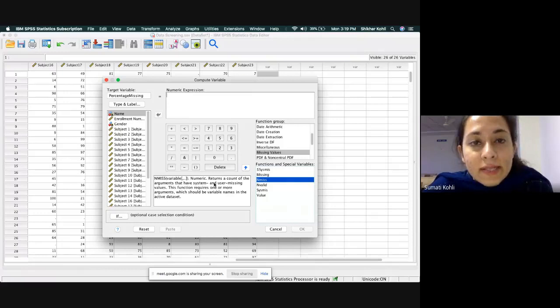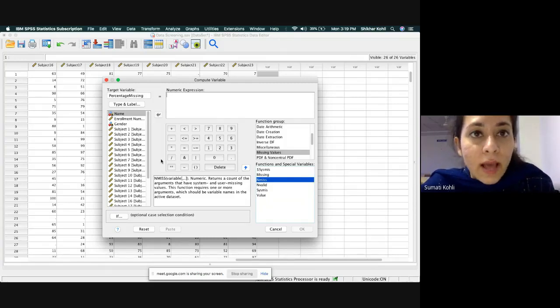So guys, I'm going to give you about 2 minutes because I've told a lot of steps right now. If you can please do this up till here: go to transform and then compute variable, fill in the target variable yourself, click on missing values. I'm giving you about a minute and then we will proceed further.